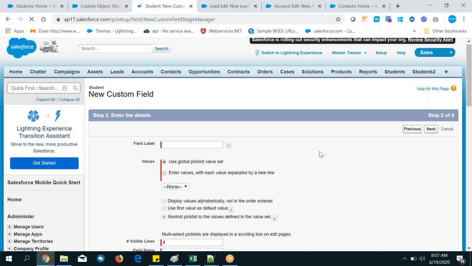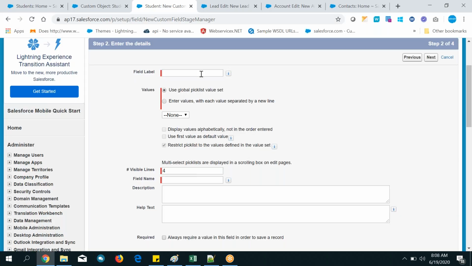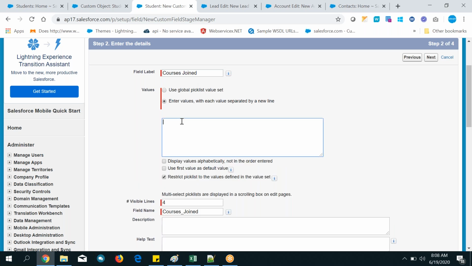Next button. So what is the field name, guys? Courses joined, right? Now the values you can give. This institute is offering different courses, right?